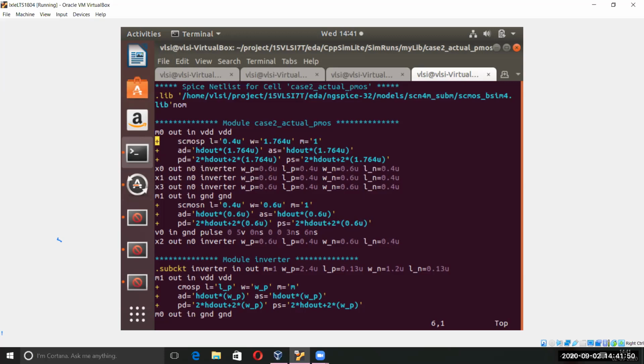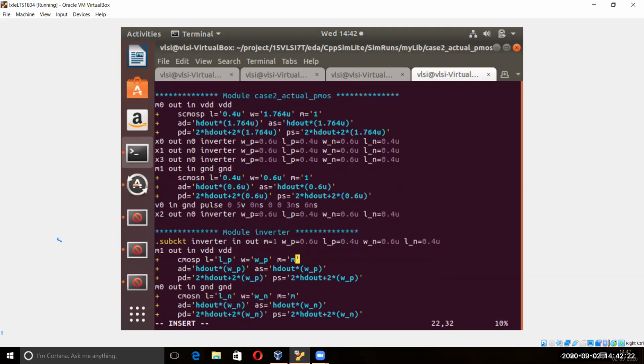Then this is for the NMOS one. For NMOS we have not made any changes, only the PMOS. So NMOS carries the value 0.4 as it is. And this is the sub-circuit. In the sub-circuit you have to make changes again, so here again 0.6 and 0.4. And then don't forget to change this technology.